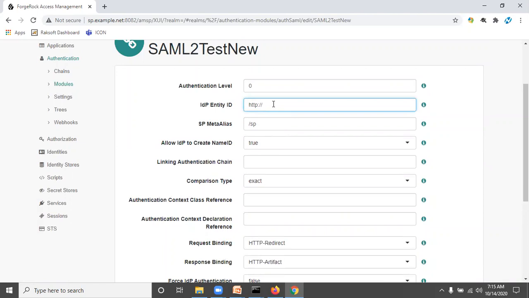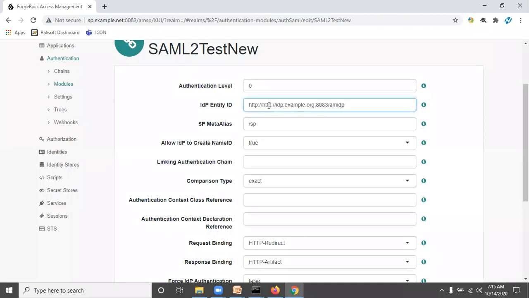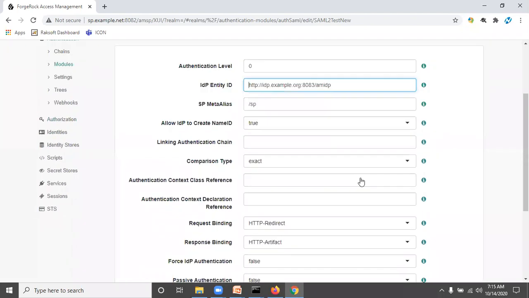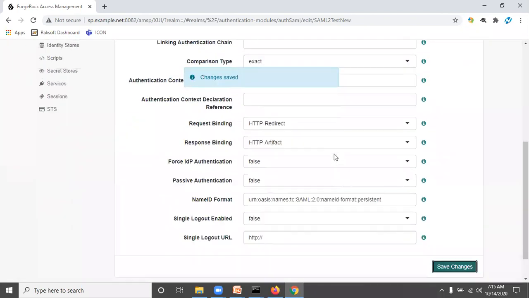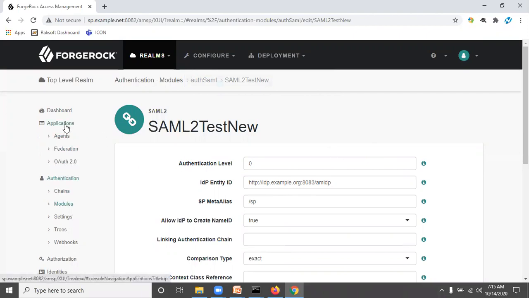The IDP entity ID is nothing but the URL of our IDP application, idp.example.com:8083. Click on Save Changes. You can also see why we use only this name: we have already imported the IDP metadata information into the SP, so you can get the IDP entity ID from the metadata here.